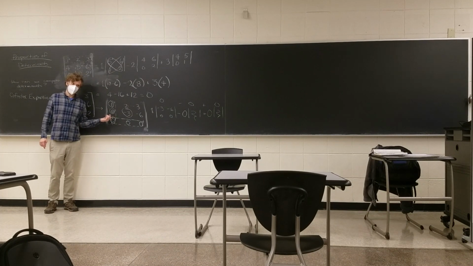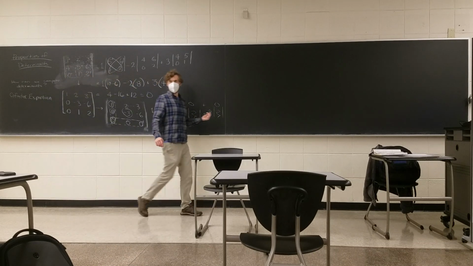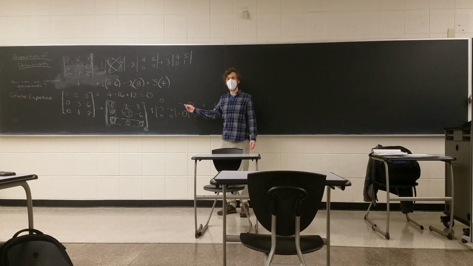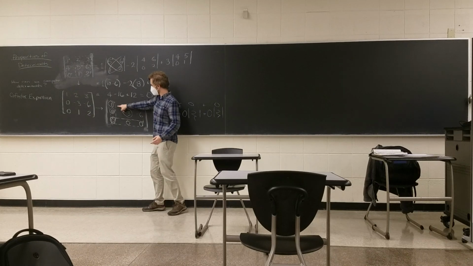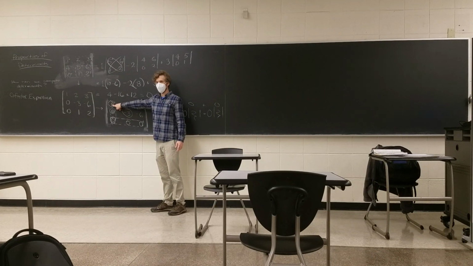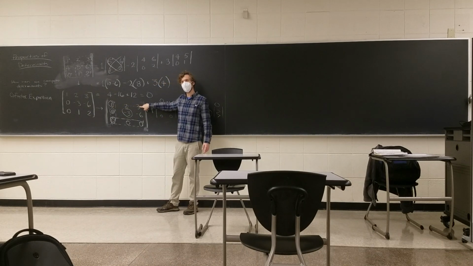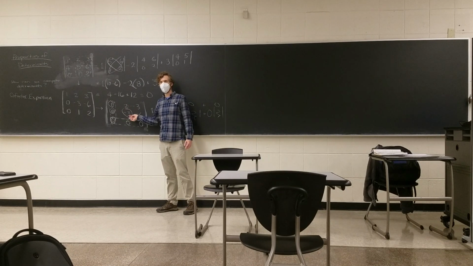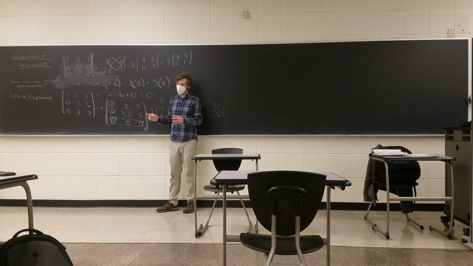Because we have a choice, because it doesn't matter which column or row we expand upon, we do the cofactor expansion through that row or through that column. When we did it through this first row, we would have had a multiple of 1, a multiple of 2, and a multiple of 3 being added and subtracted together. In that case, we would have had to compute each of these determinants. And we saw just by looking at it